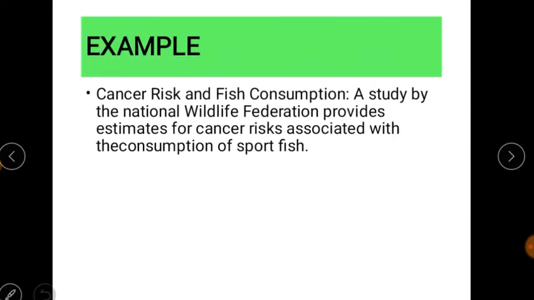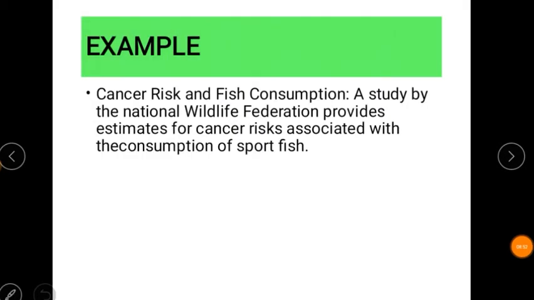Some example is given. Suppose cancer risk and fish consumption. How these two are related. A study by the National Wildlife Federation provides estimates for cancer risk associated with the consumption of sport fish. See, we have fish